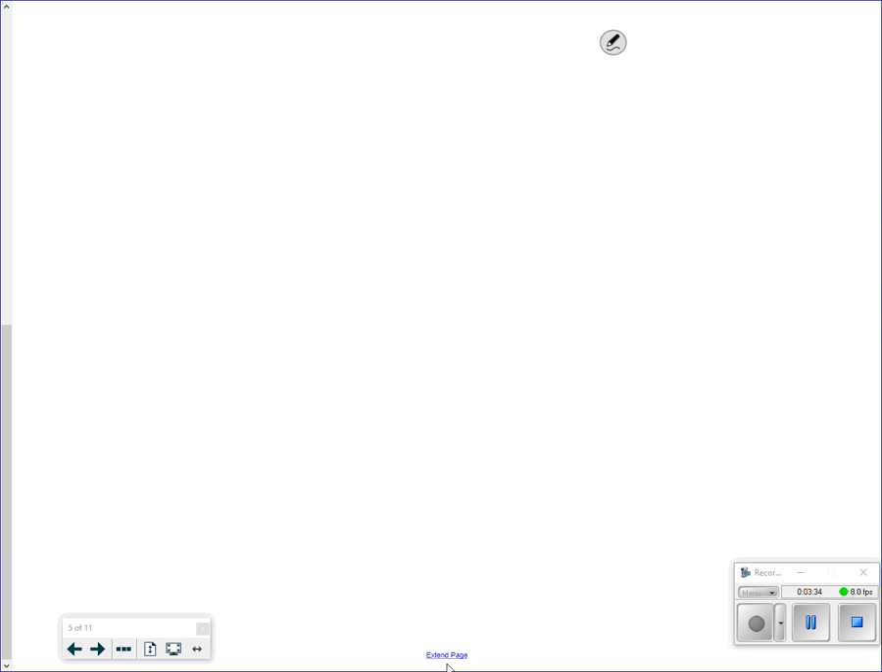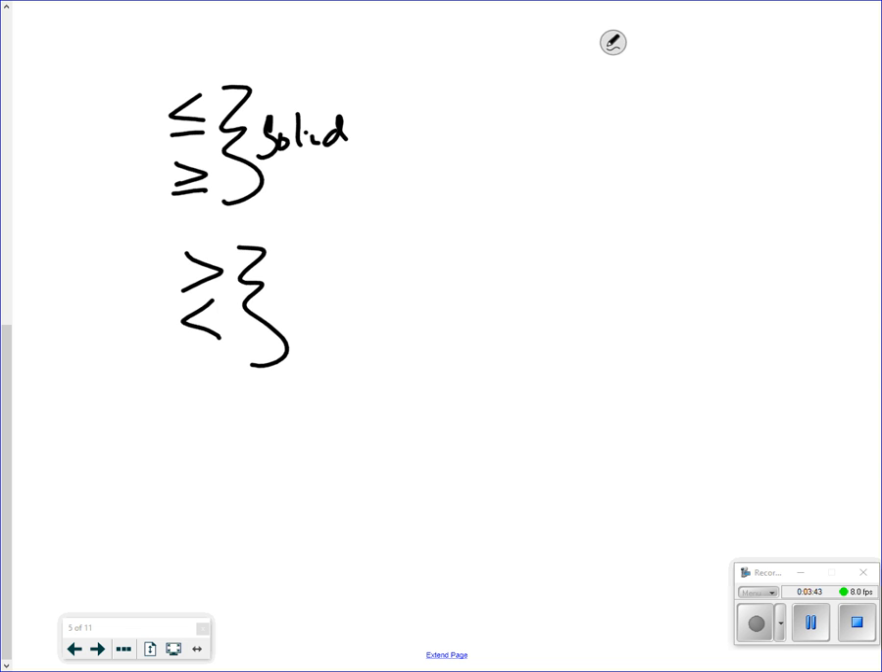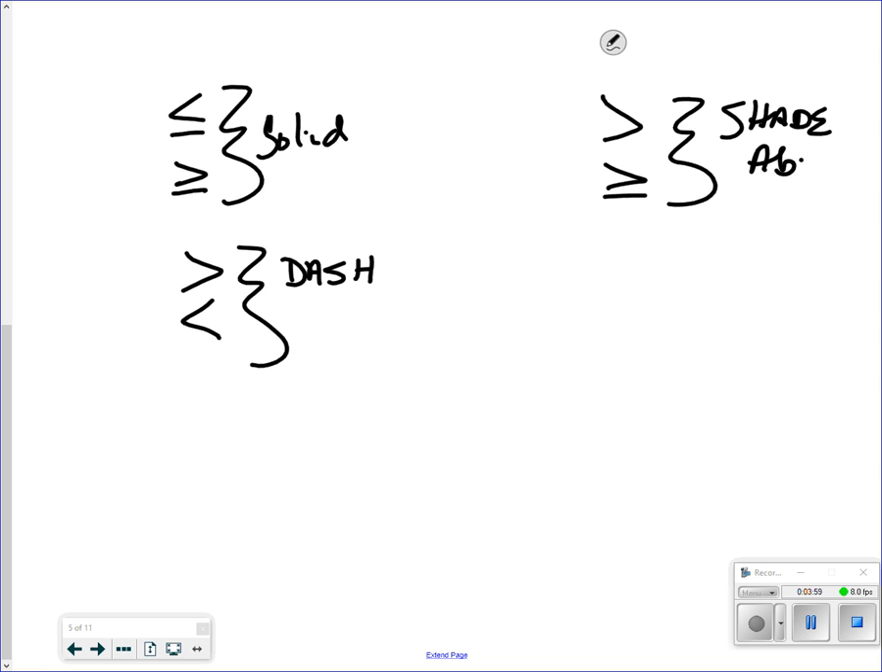Second, if it is a less than or equal to or a greater than or equal to, you are going to make a solid line. If it's a greater than or a less than, you're going to make a dashed line. So the equal to is a solid line. If you don't have an equal to, you're going to make a dashed. Greater than or equal to, you are going to shade above. If it's a less than or equal to, you are going to shade